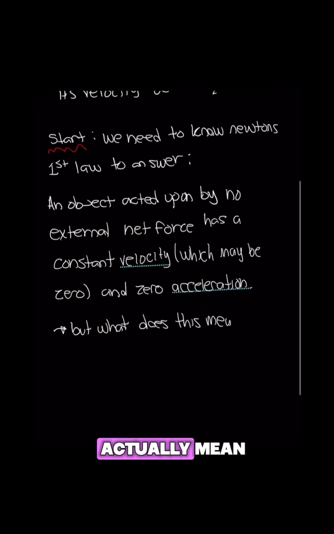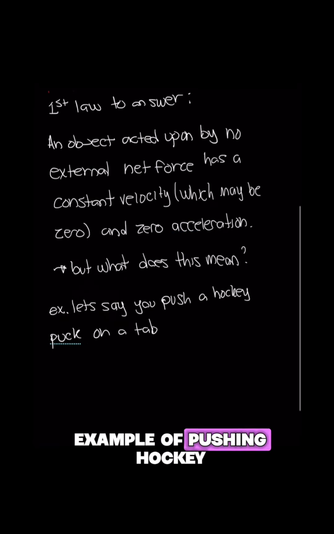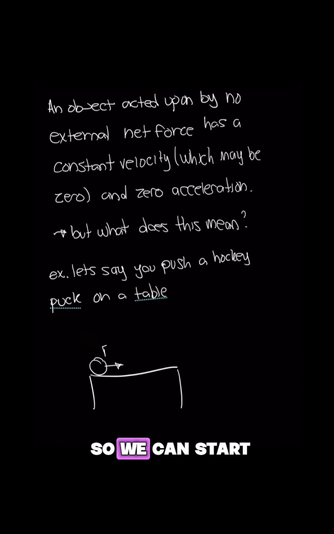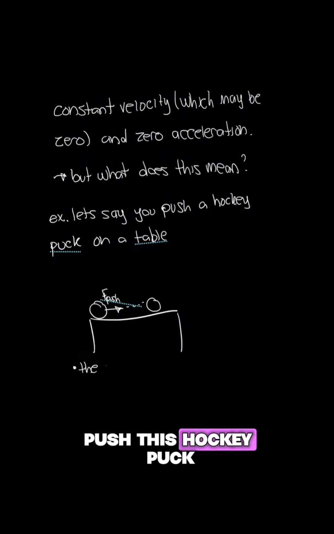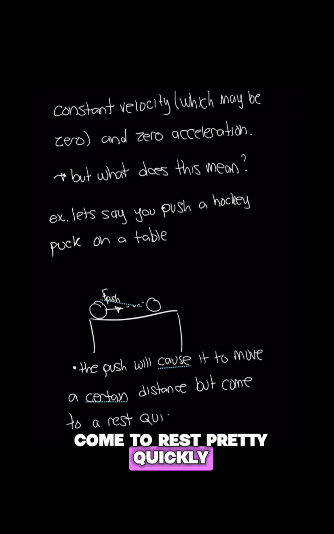But what does this actually mean? This can be illustrated by taking examples. So let's take an example of pushing hockey pucks on various objects. We can start by pushing it on a table. Push this hockey puck on the table. It's going to move slightly and then it's going to come to rest pretty quickly due to the friction force